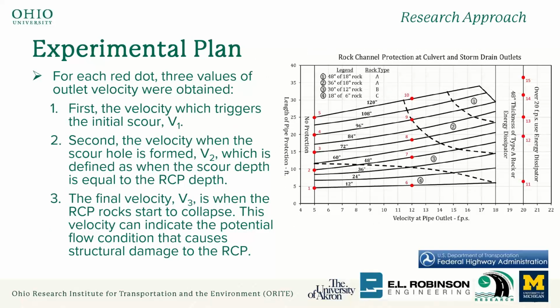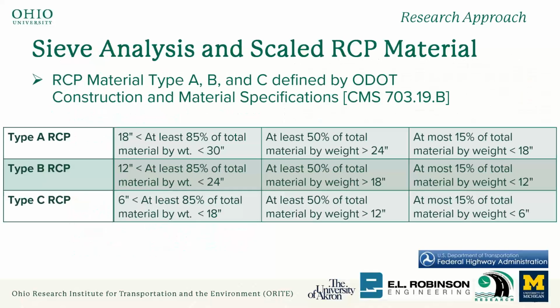Okay, so rock sizing. On both sides, the OU side and the Michigan side, we'll create 3 sets of graphs, and we'll show you the results later. Those 3 types of actual rock used by ODOT are type A, type B, type C. Those will also be scaled down. These types A, B, C are from the ODOT CMS specification